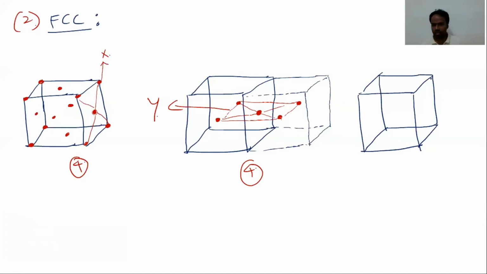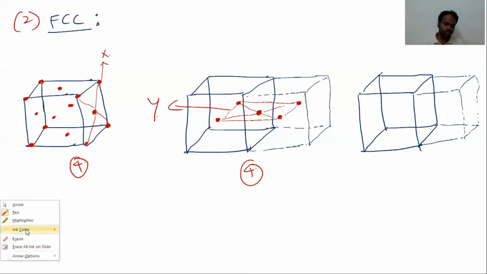In the same way, for the third unit cell, extend the unit cell in a 3-dimensional way. Extend here. So this is the unit cell. Take the same reference point. It is present at the center. So this is our reference point. For this reference point, there are four nearest neighbors again in the Z plane.